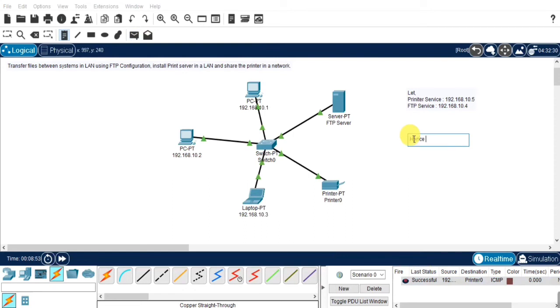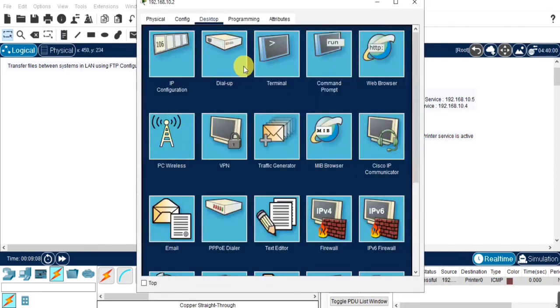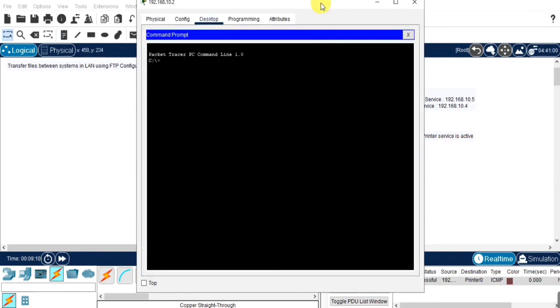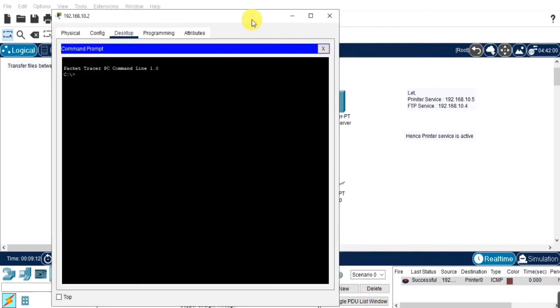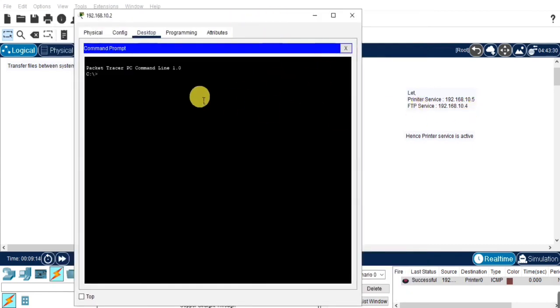Here the status is success. If you get the status as fail, then the printer is not in an active state. Once that is done, now we will check the FTP.